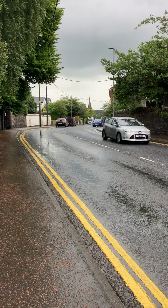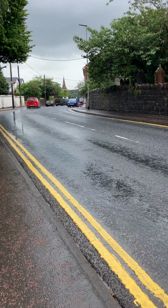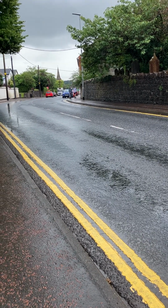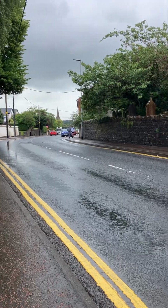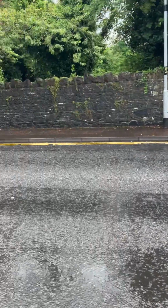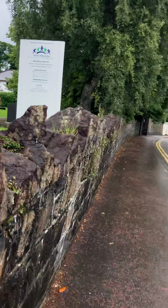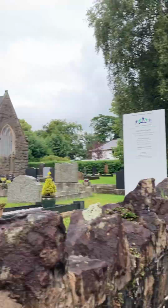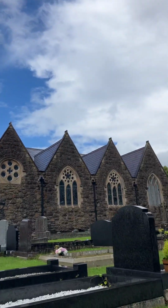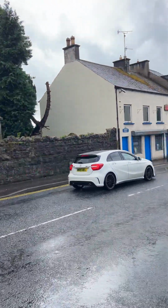From Ballymoney to Coleraine. So what they did was they moved all the gravestones and dug up all the bodies and then reburied them. So at one time the graves ran right across here, but not anymore. Now this church here actually dates from 1782. So we'll try and get across the road here,